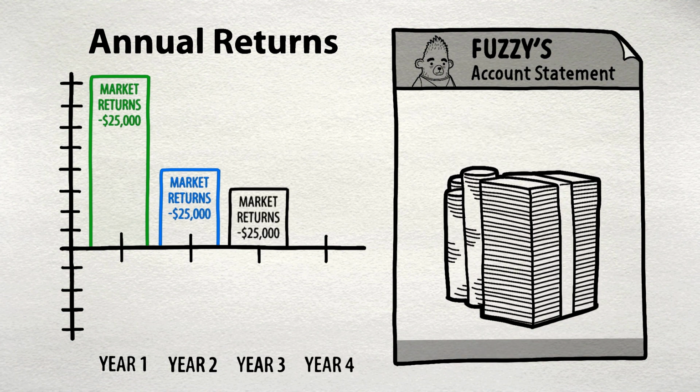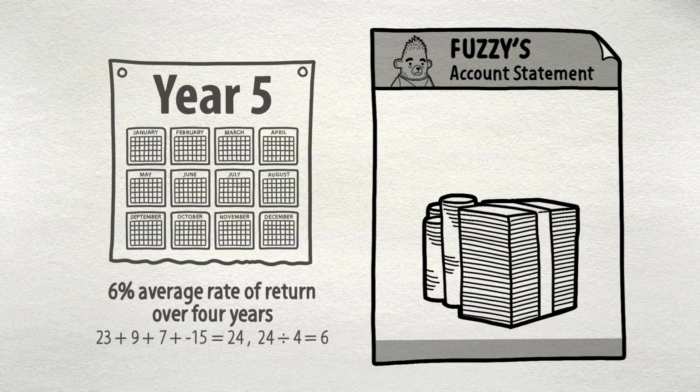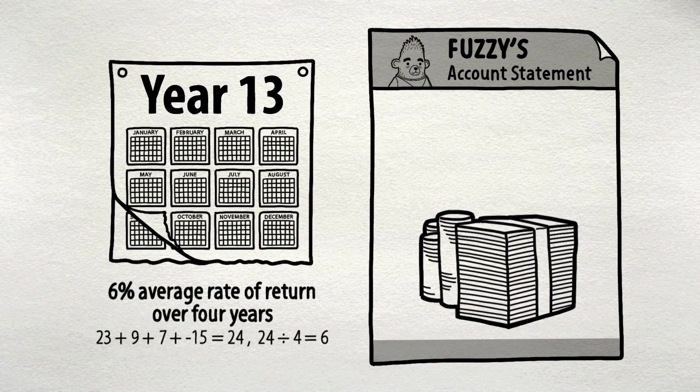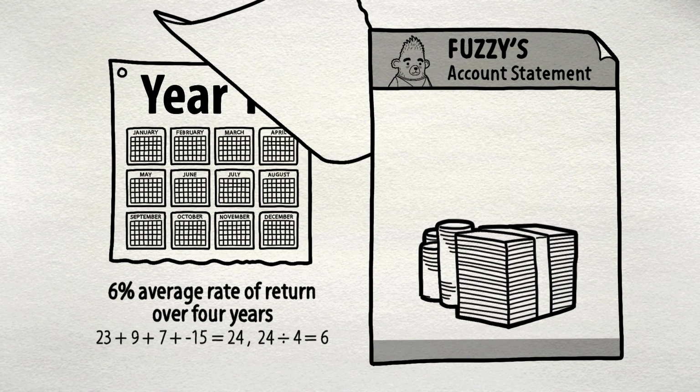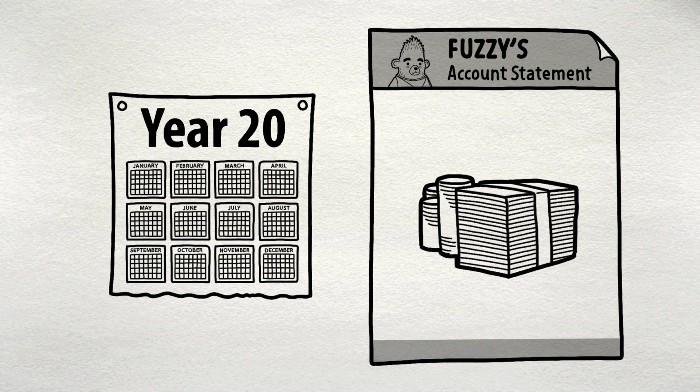And finally, year 4, where he was hit with a nasty loss of 15%. Fuzzy's investments followed the same sequence throughout his retirement years. By year 20, though, the joke was on him. All the stress was unbearable, with the market ups and downs leaving Fuzzy with